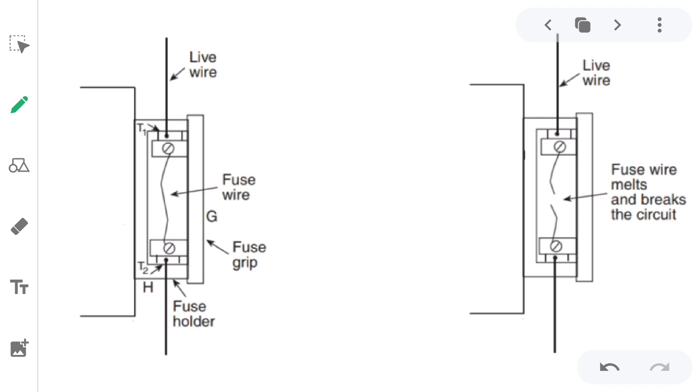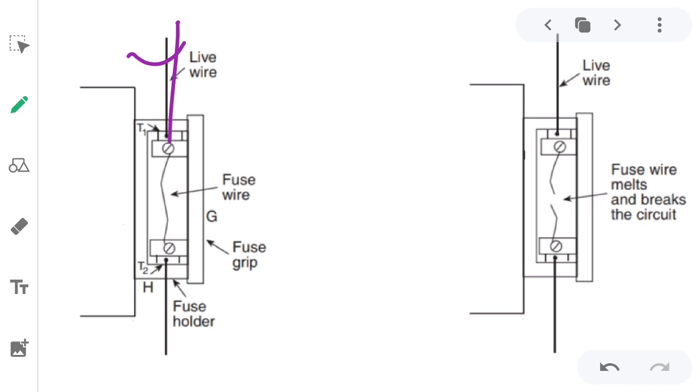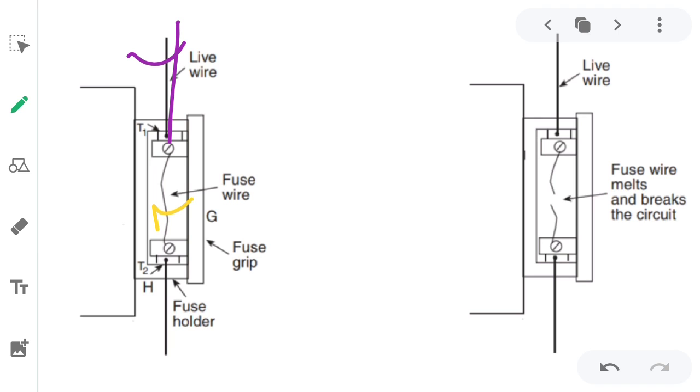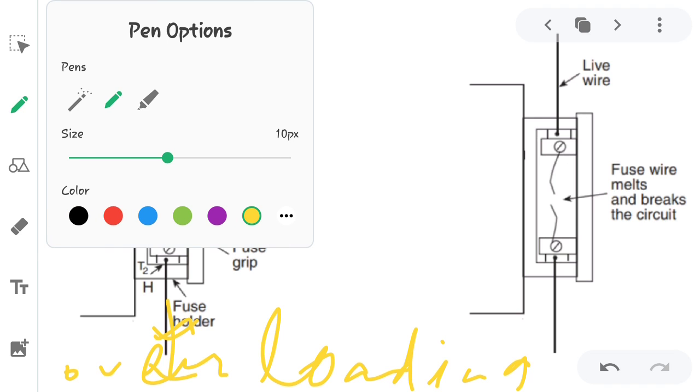Here in this picture you can see that a live wire directly comes to the fuse. In the fuse, a thin fuse wire is there, this one. Then through this wire current goes to the household equipments. When a huge amount of current starts flowing through it, let us consider the case of overloading. So in case of overloading, what will happen? This wire will draw a huge amount of current, right?